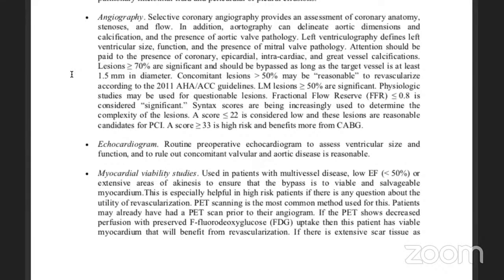What I know, even in the clinical setting, is that they do the viability studies when there is akinesia or severe LV dysfunction. It has to be significant akinesia, where you're worried about doing an extra bypass to an area which is not indicated, or the patient is very sick that he may not come off bypass. So you have to be a little bit